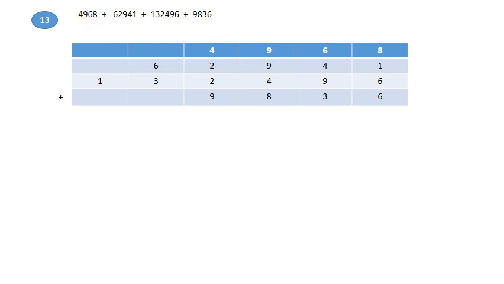We have written each number: 4968, 62,941, 1,32,496, and 9,836. Now what we'll do, we'll add from the ones column on the right, and then we will move toward higher place value on the left. So first what we will do, 8 plus 1 plus 6 plus 6, 8 plus 1, 9, 9 plus 6,